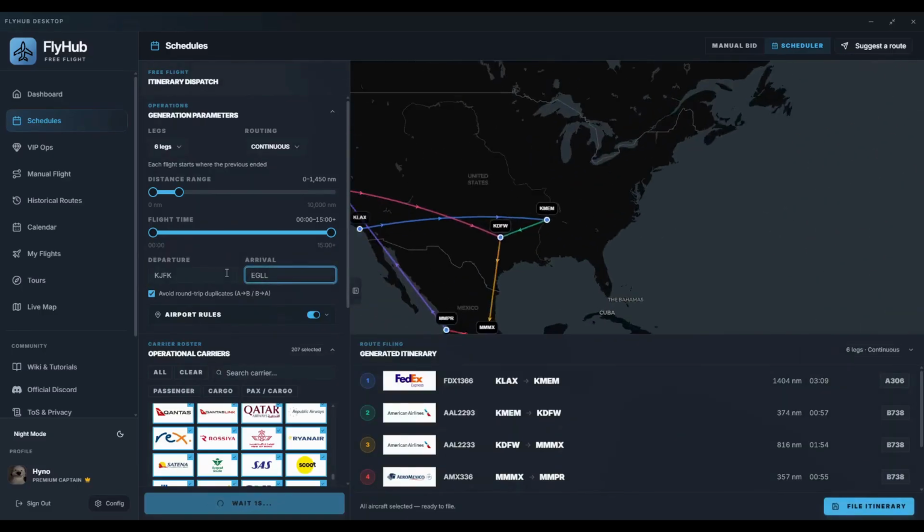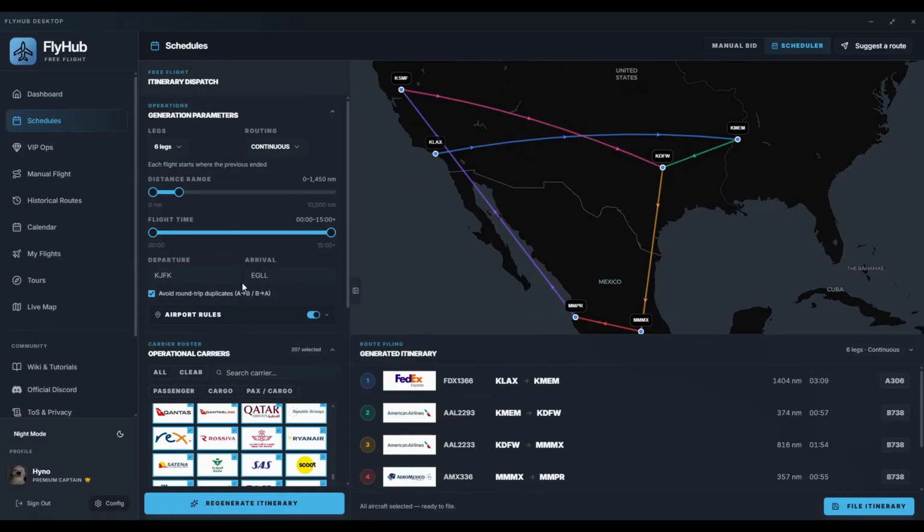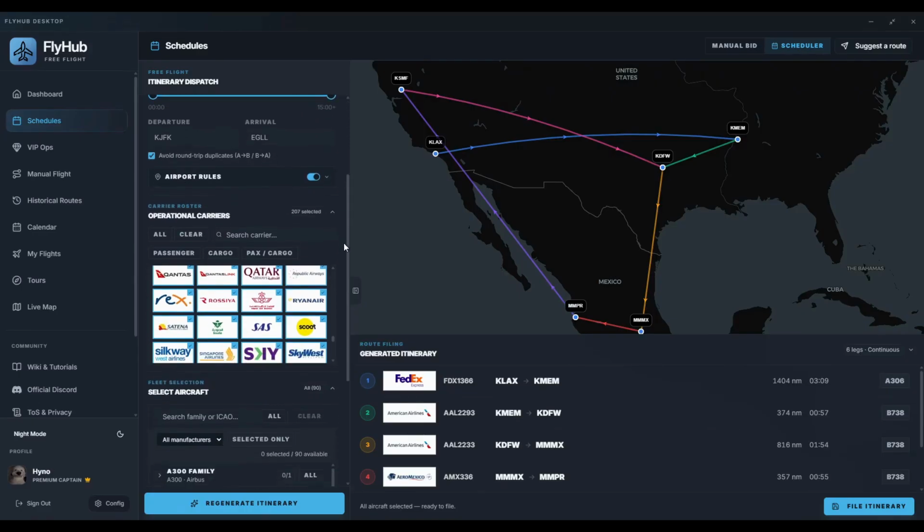Flight time works the same way, but by estimated duration. Use it if you know how much time you want each leg to take, such as around 1 hour, 2 hours, or longer. Be careful with tight